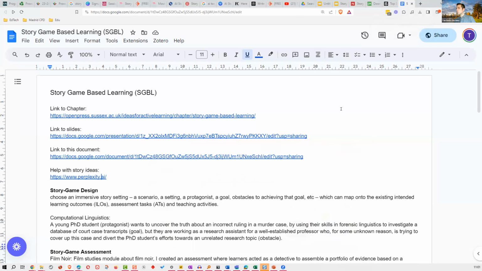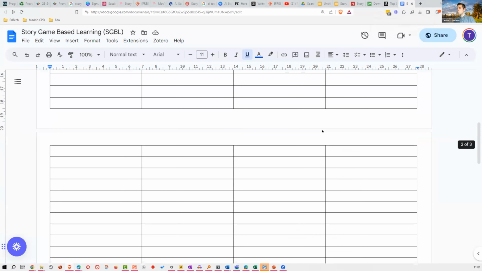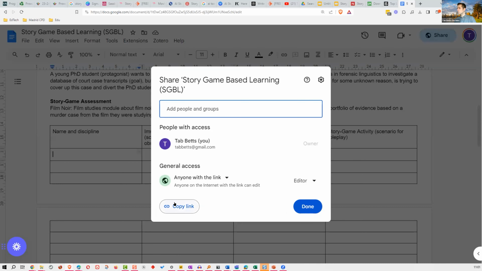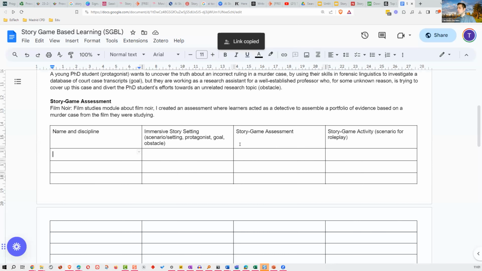So what we're going to do now is move into an activity where we're going to use this document, and I want to give you a moment to think of a few ideas for your own way that you could apply this. I'm going to give the link to this document. Can I just check? Can you all see the Google document that I've got on my screen here? Yes. Yep. Yeah, excellent. So I'm going to put the link to that in the chat.